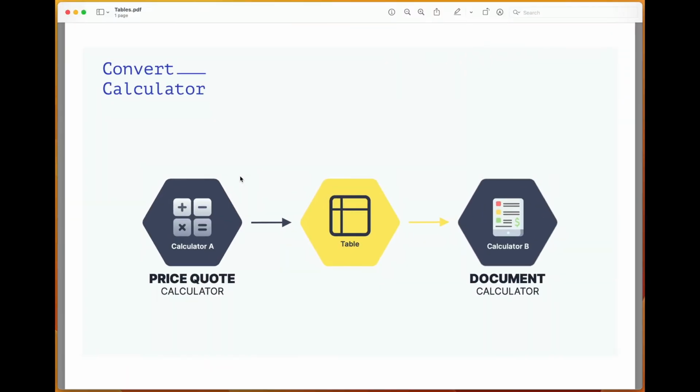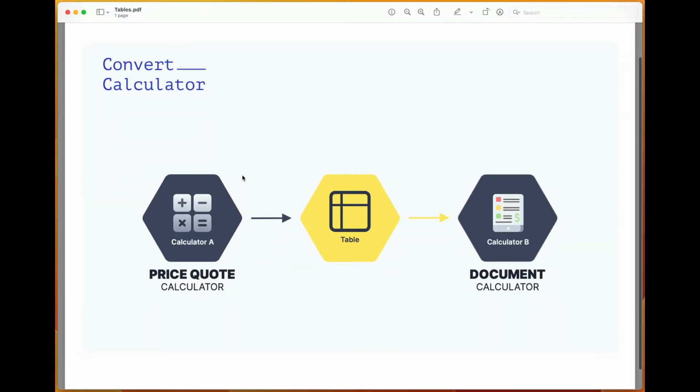quote. So basically how this works is that you create a price quote calculator that is either on your website or on a standalone page. When you do a submission, the data from the price quote calculator is sent to a table. So that's the first thing we are going to show, how to connect the calculator data to a table. And then immediately after, the table data is used in the document calculator,